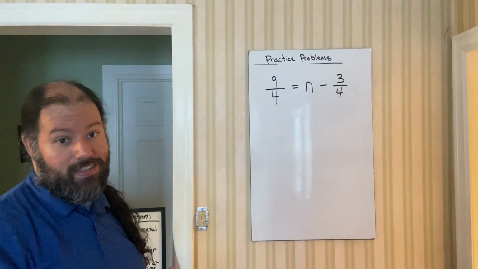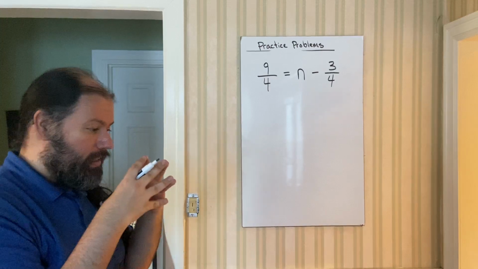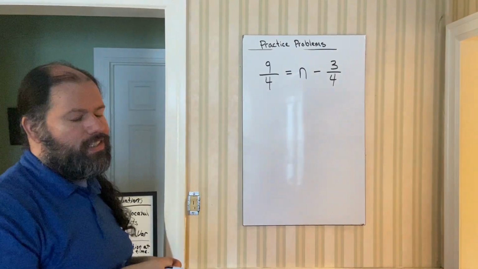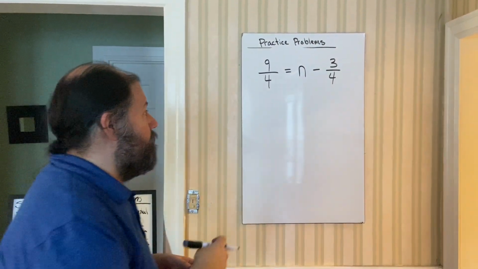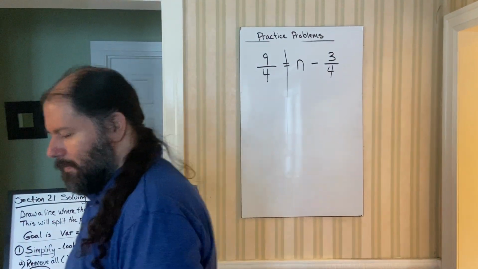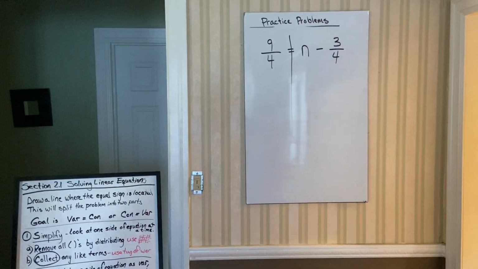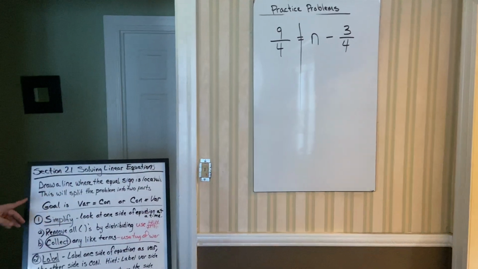Have fractions? No big deal. The same principle applies even when we have fractions and decimals. First step, see where the equal sign is? There you have your left and right hand side. Once you have the left and right hand side, then what you want to do is go through the steps,